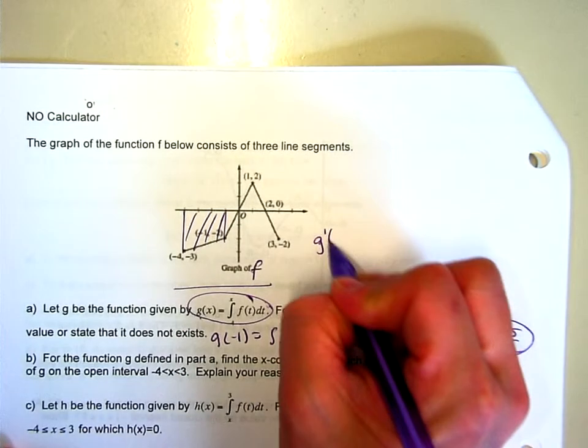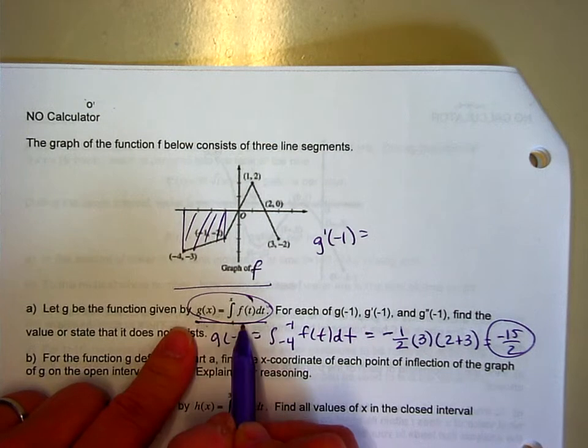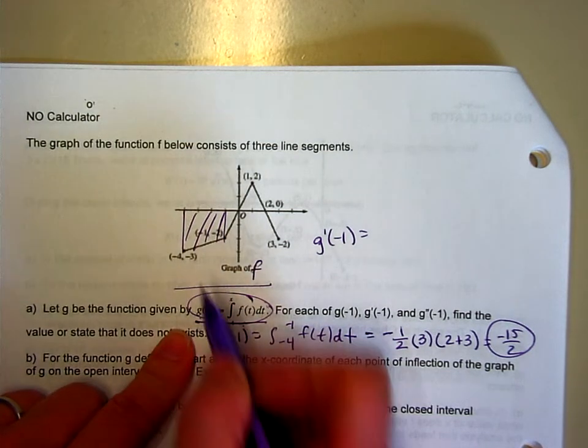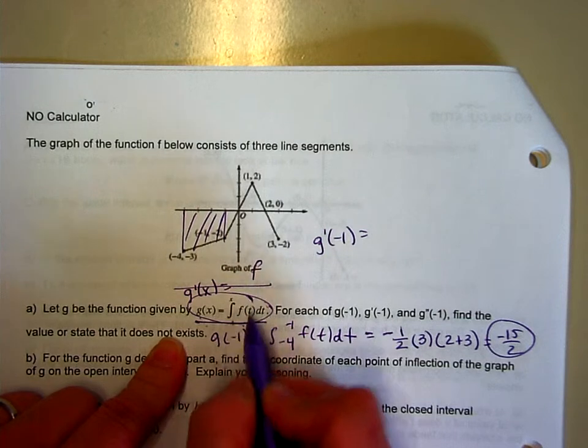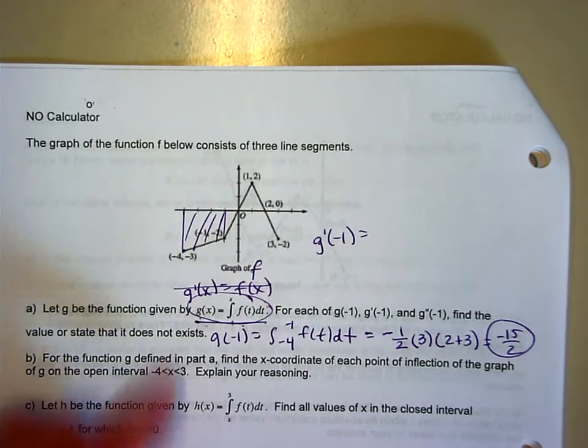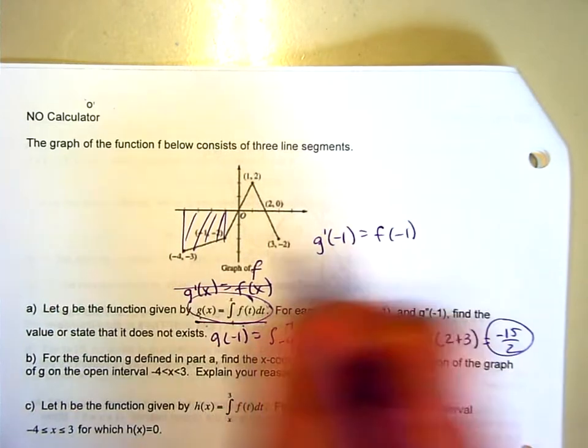Now they also want g prime of -1. Well, this is your second fundamental theorem. If g of x is the antiderivative of f, then g prime of x undoes the integral symbol, the x goes in, so g prime of x is the same as f of x. So g prime of -1 is the same as f of -1, which is just the point on this graph,